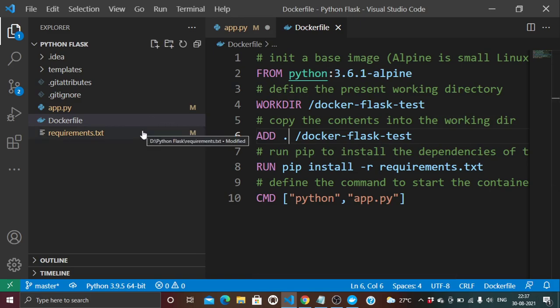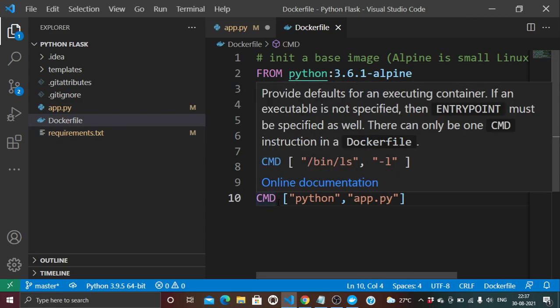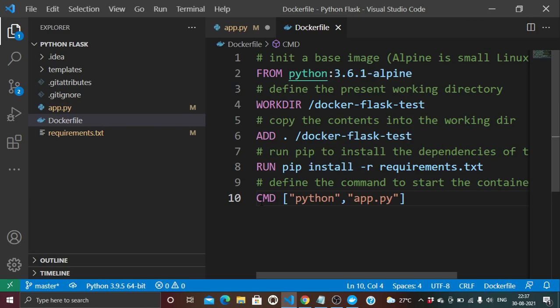The requirements.txt includes all modules and libraries which are required for running this application. And after that we have a CMD, which will run python app.py. This is being used just to run this application.